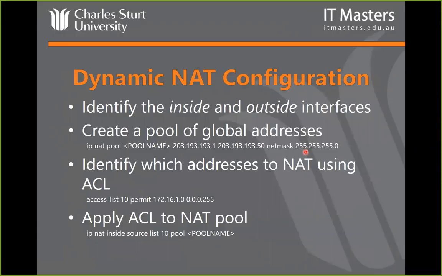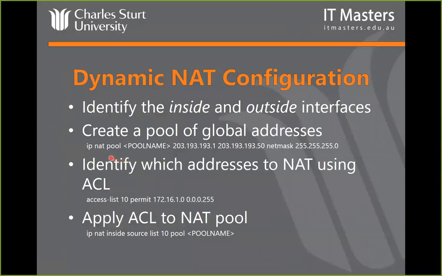We then have to create a pool of global addresses, because dynamic NAT configuration uses a pool. Now this pool can be as big or as small within bounds as you like. So a minimum of 2 addresses, but it can be as big as you like. And the way we set that up is through this particular statement here. These statements will be important to you for both your final exam for this particular MOOC, but also for the CCNA exam as well. You might not necessarily have to write these statements, but you will need to be able to recognize them.